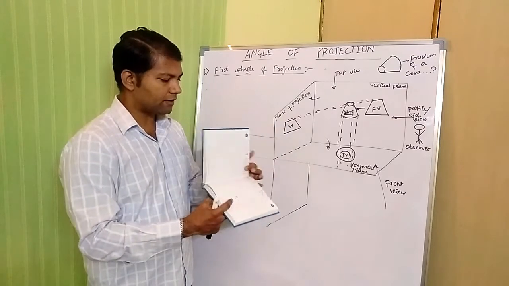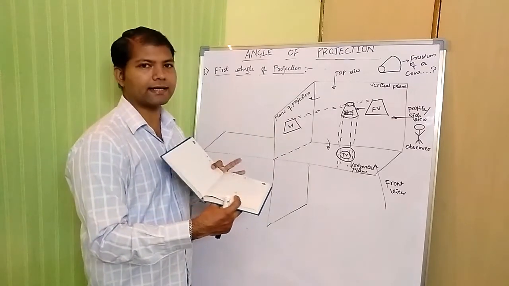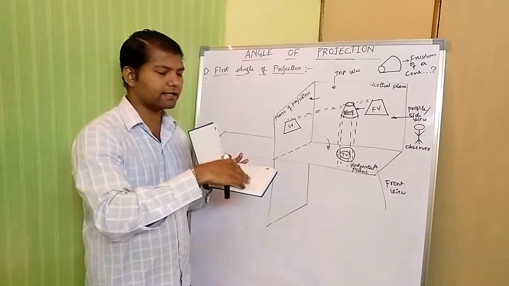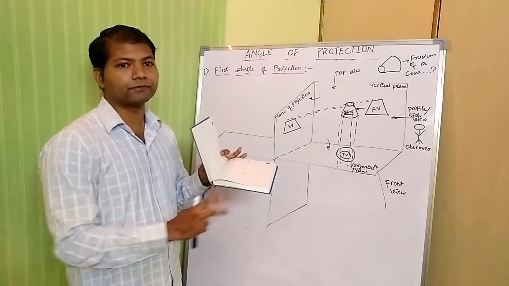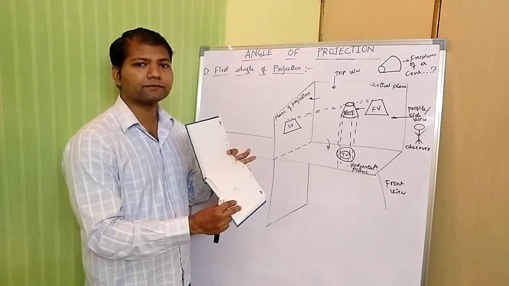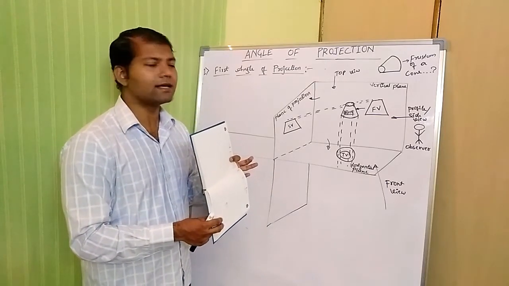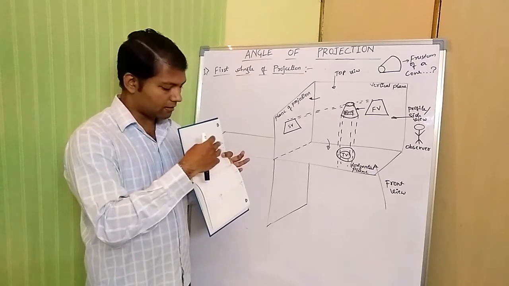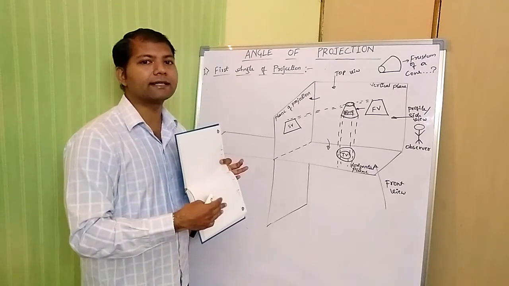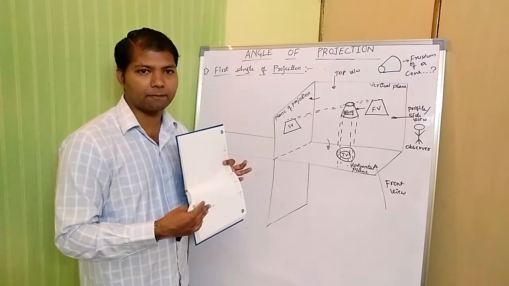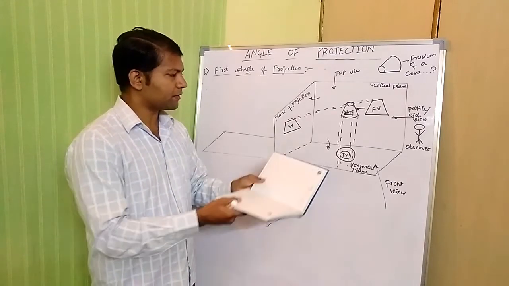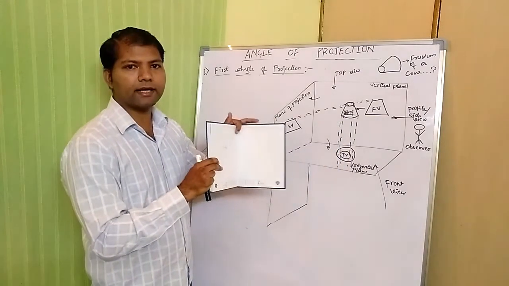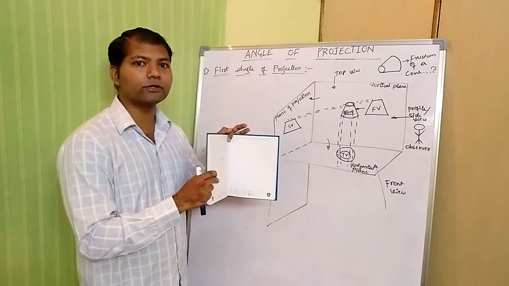Similarly, on the other side, there is the plane of projection and the horizontal plane, with the side view and the top view. When you unfold, what happens? The top view comes below the plane of projection, that is, below the side view on the horizontal plane. So what we are doing here is taking the vertical plane and horizontal plane, as well as the vertical plane and the plane of projection.